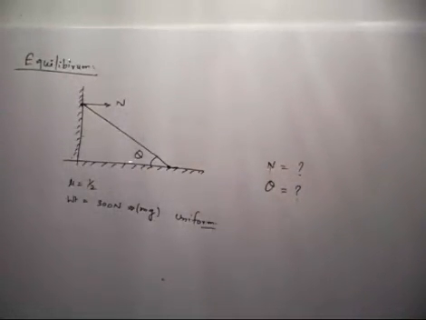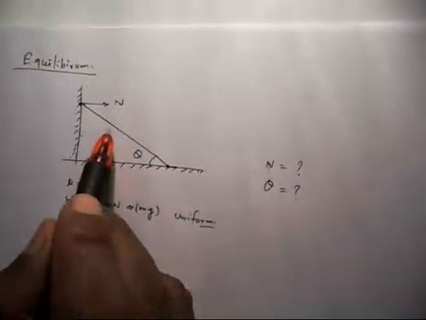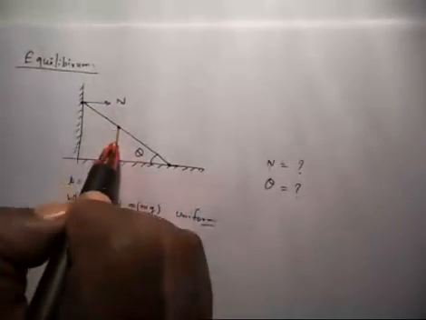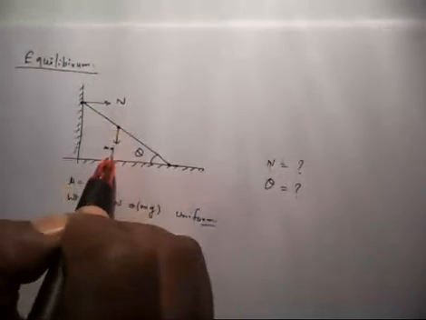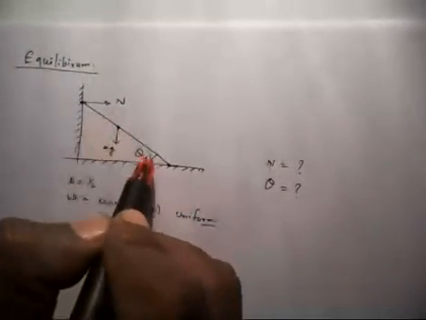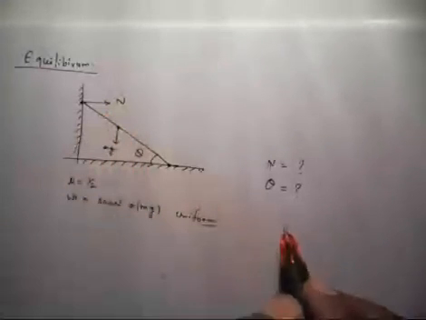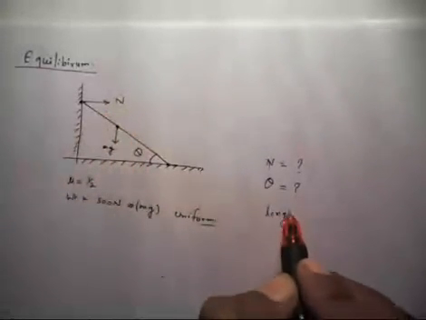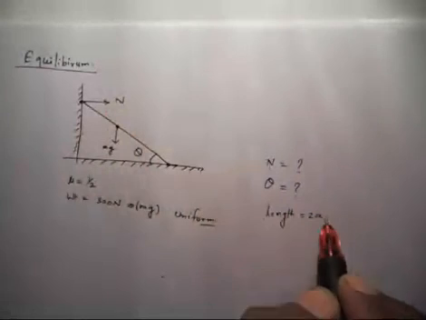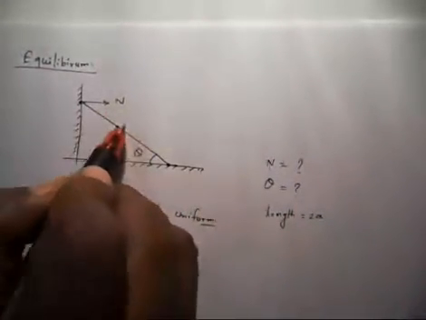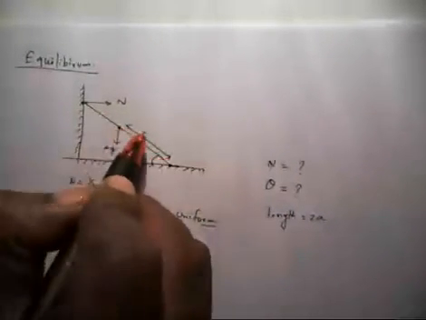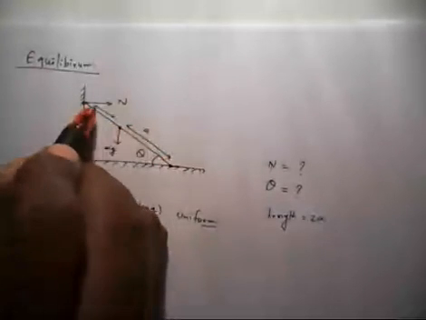So how will we proceed? Let us first make the free body diagram. I can use this diagram even. So mg is acting from the center of mass. Let us say the length of the rod is 2a, it's easy if I take 2a. So the length of the rod I have assumed is 2a. This means the length up to here is a, and again from here to here,